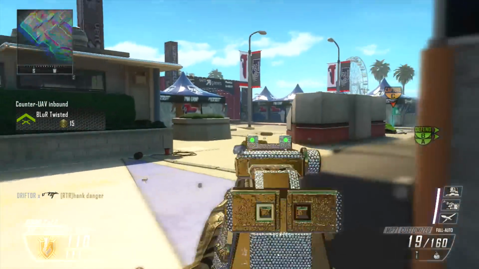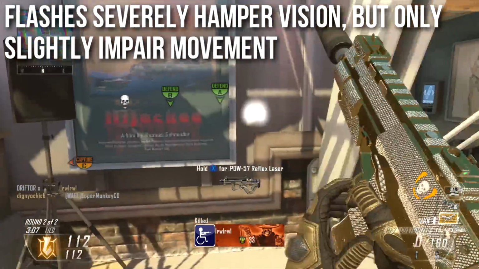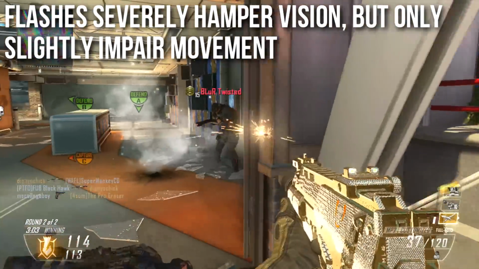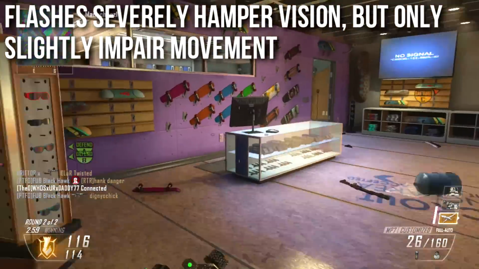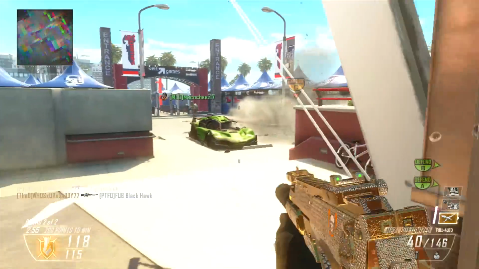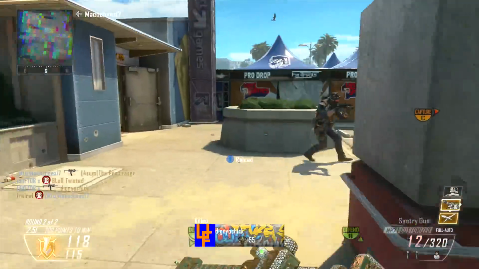Flashes are almost exactly the opposite. They severely hamper vision. When you get hit by a flashbang, your whole screen is going to flash white, hence the name flashbang, and it's going to stay, and there's a filter layer, and it's very difficult to see what's going on, and it's going to slowly fade away. And it's also going to restrict your ability to aim and move a little bit, not nearly as much as the stun. When you're flashed, you cannot sprint. You cannot sprint while flashed, but you can still walk, and you can